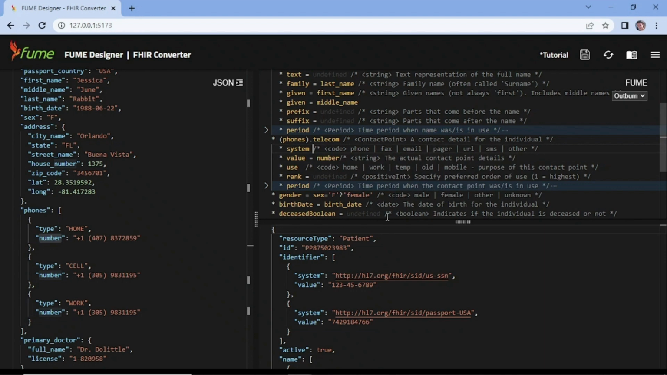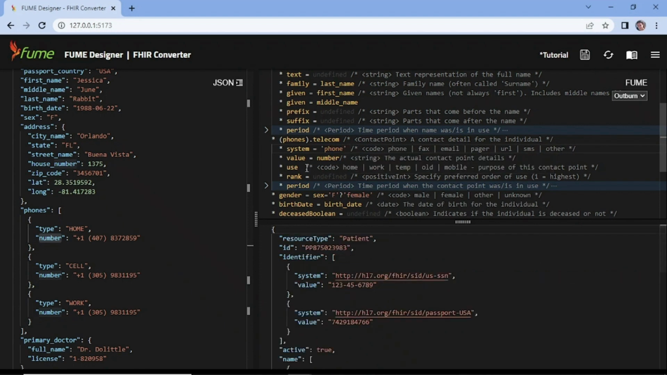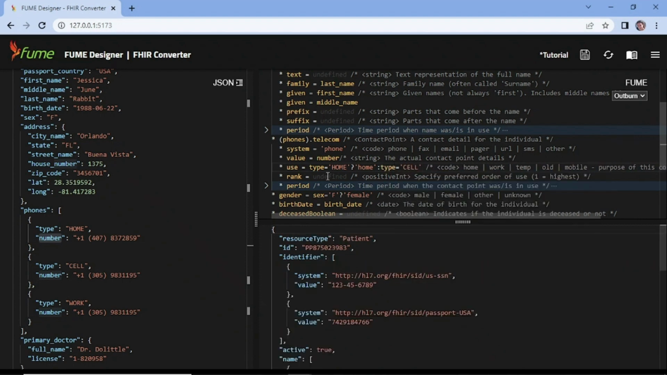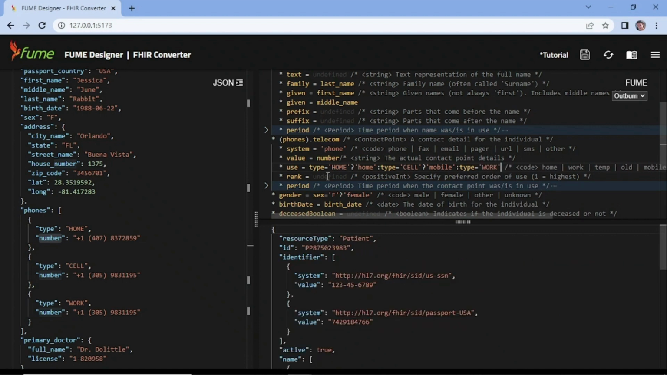And the system, since they are all phones, would be fixed phone. And the use should be calculated according to the type. So if type equals home, that would be home. Else type equals cell and mobile. Else if type equals work,